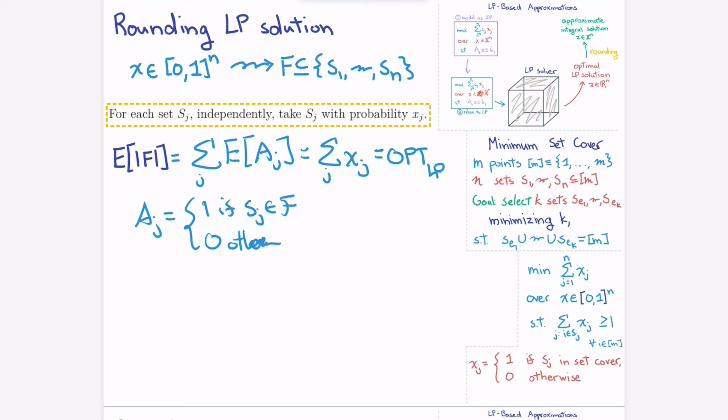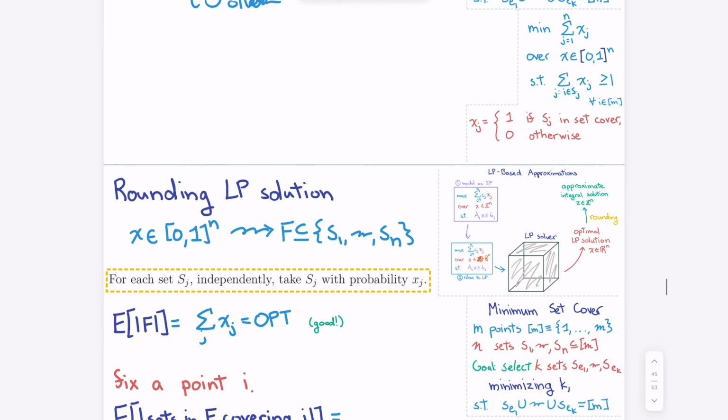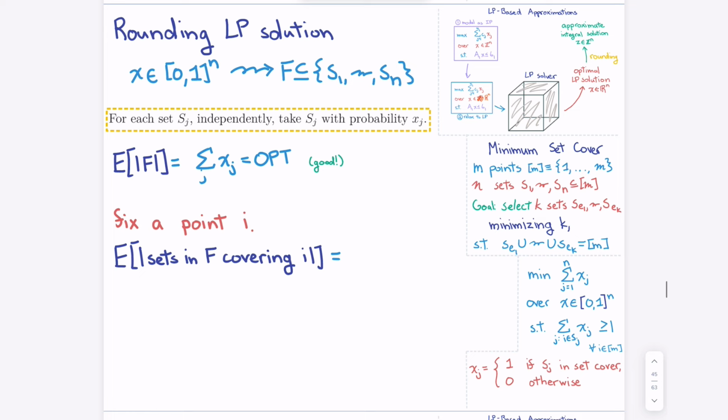Does that make anyone worried for any reason? Well, yeah, but we know the problem's NP hard. So if this thing is outputting feasible solutions, then suddenly we're solving NP hard problems, which is going to be unlikely. But let's see it play out in a slightly different way. We also need to know if our collection is a set cover. The fact that the number of sets it's outputting is perfect means it probably isn't,